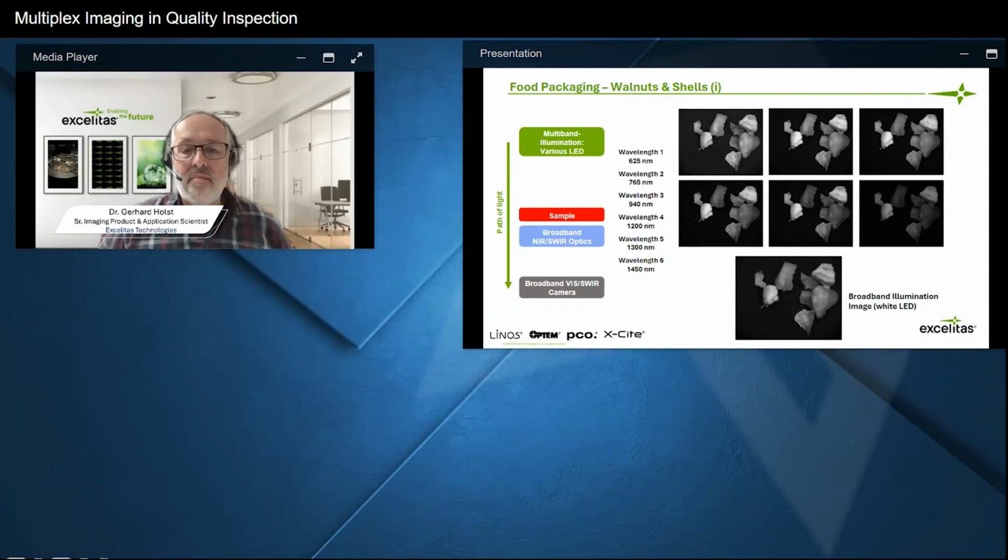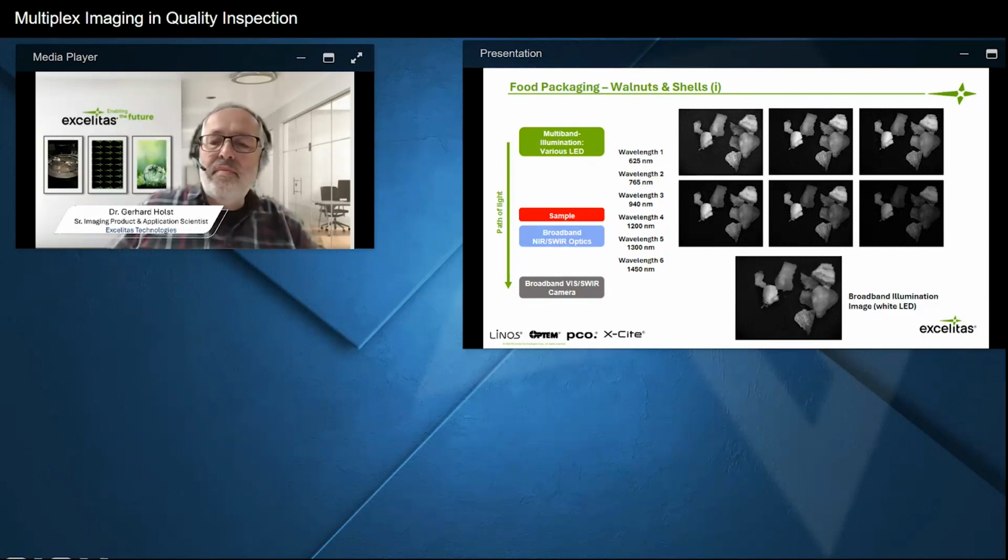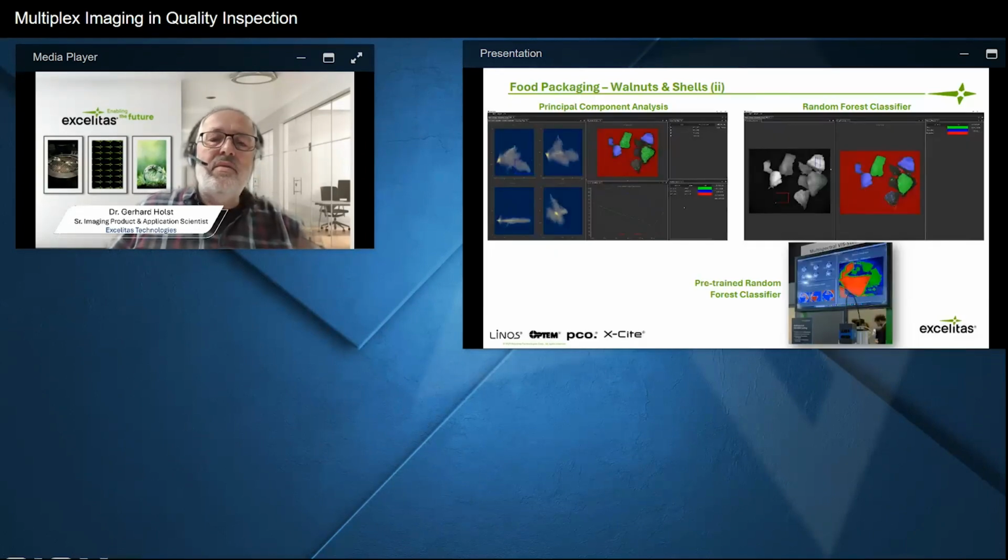use the spectral fingerprint. And here we have used 6 different wavelengths to work on the analysis from 600 to 1450. And here you see the results with the principal component analysis or random forest classifier as well. This is something that can be done quite reliably, just with these typical analyses of